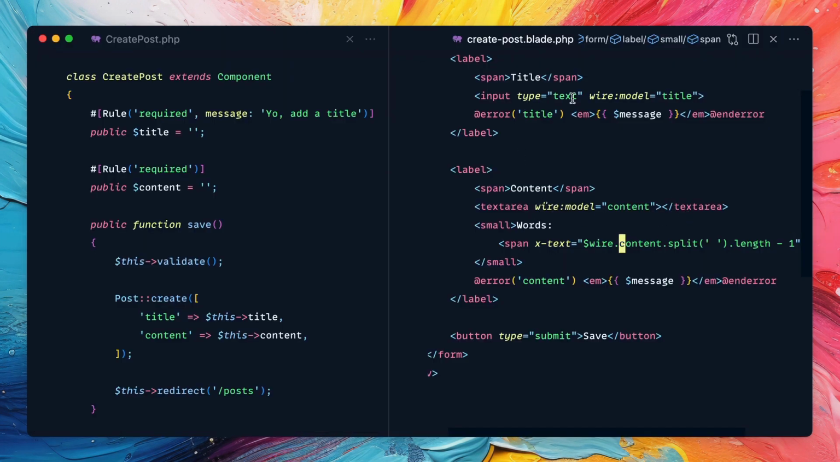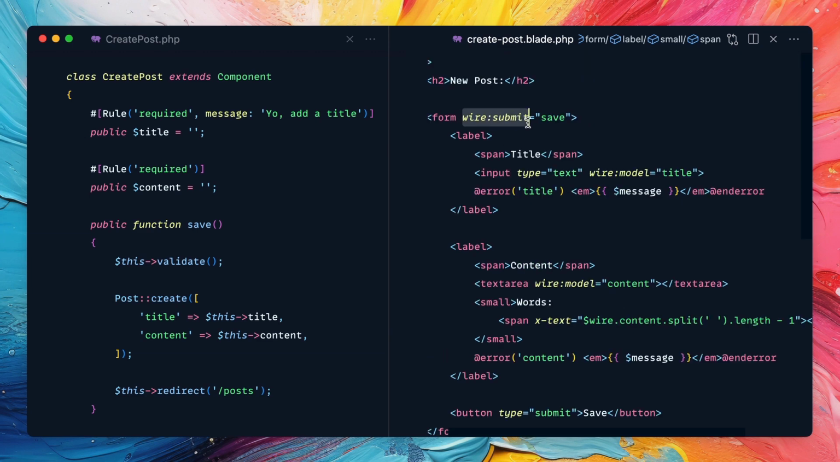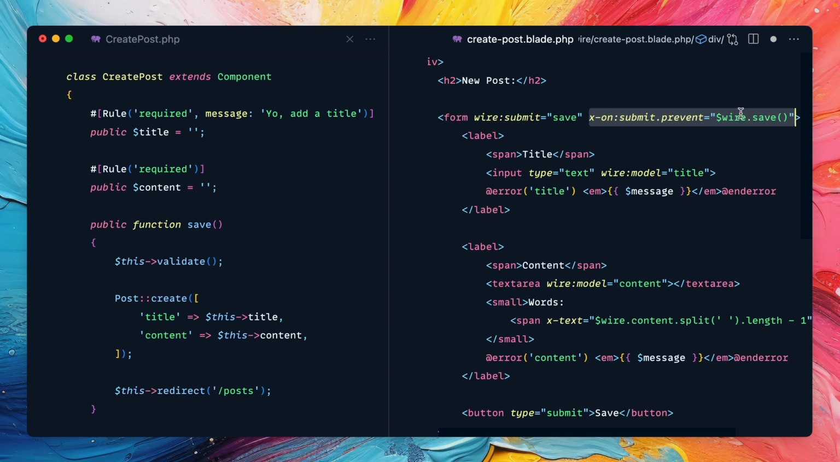That's just scratching the surface. A lot of these things like wire:submit under the hood, they're just using Alpine. You can do the same thing with x-on:submit.prevent equals $wire.save. Most things you can do with wire in Livewire, you can actually just use Alpine for. But obviously, this is a little more verbose. It's a little more bare metal, so we like to provide really nice, clean syntaxes that don't require a lot